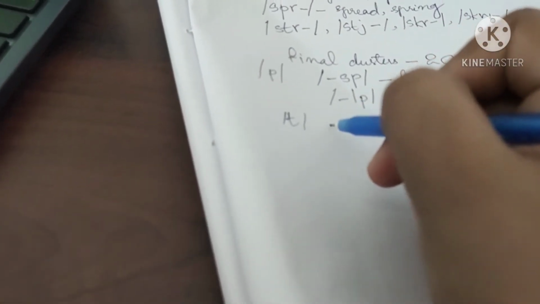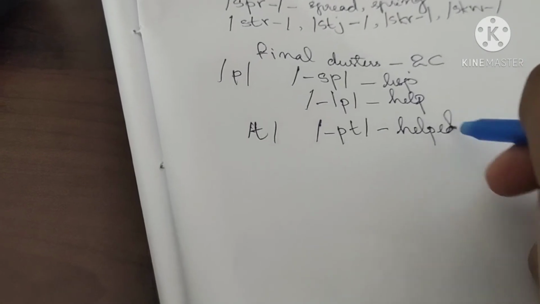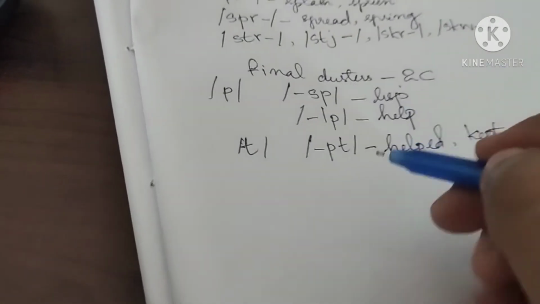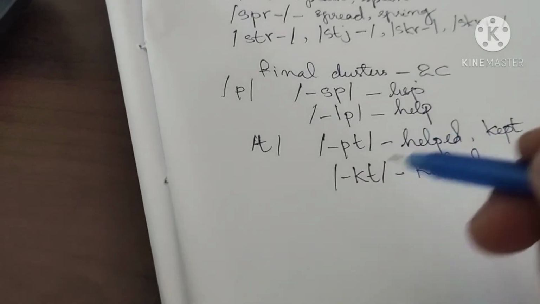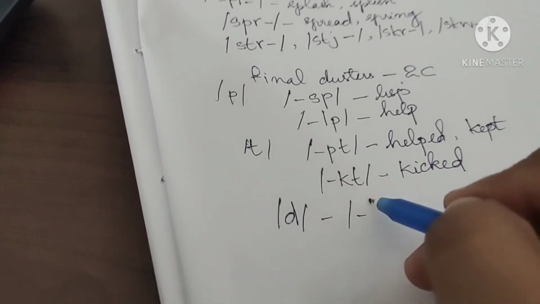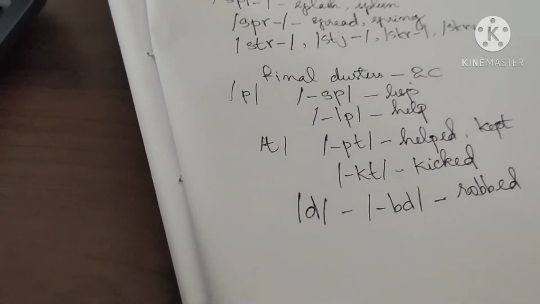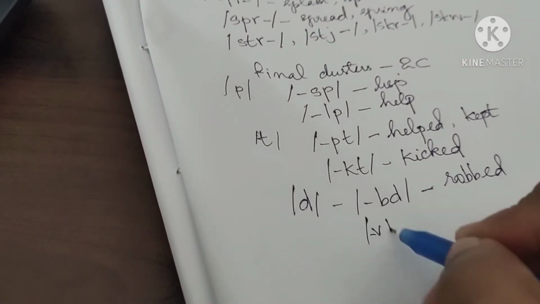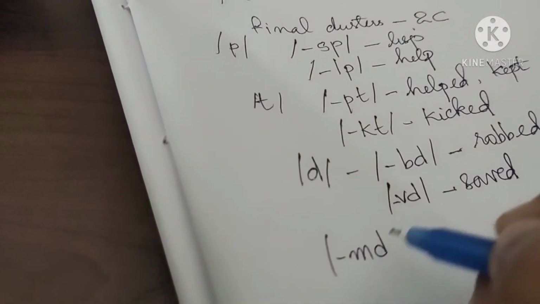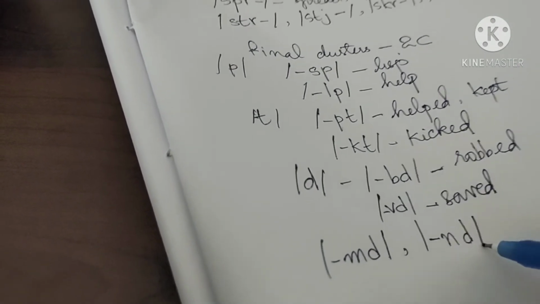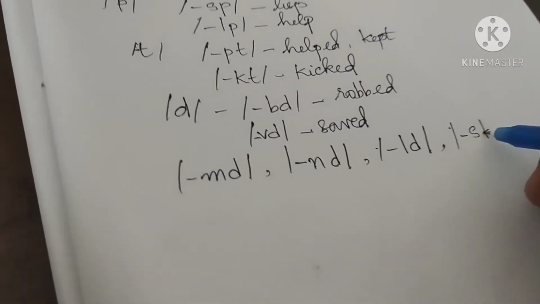T as the final element, we have pt as in helped, kept, etc. kt as in kicked. bd as in robbed. vd as in saved. Similarly, we have ld, sk, isk,